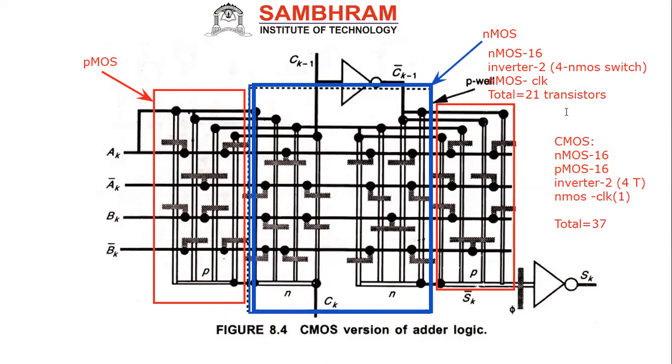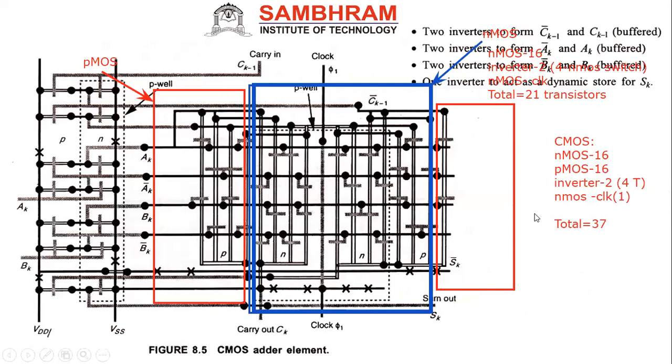Now here, still as per this, it's not total 37 actually. Still you need what? Simple, I'll say. You see here, simple AK is fine. What about AK bar? AK bar needs one more inverter from A to AK bar. Next, B to BK bar, one more inverter is required. Then anything else? Only these things are required over there. So now what I will do? I will show another version of that. See that here, next version.